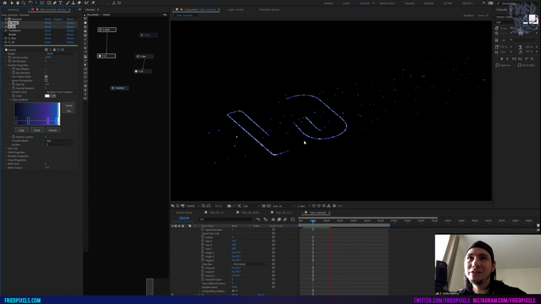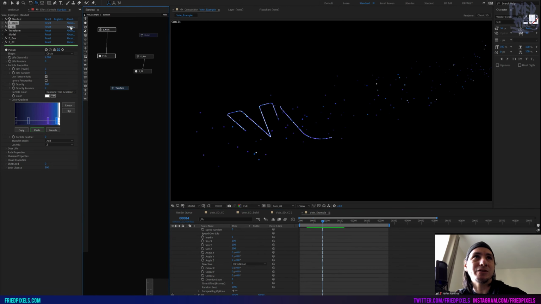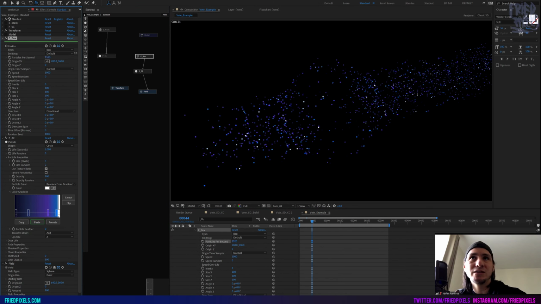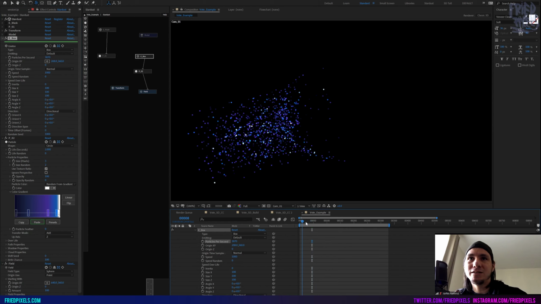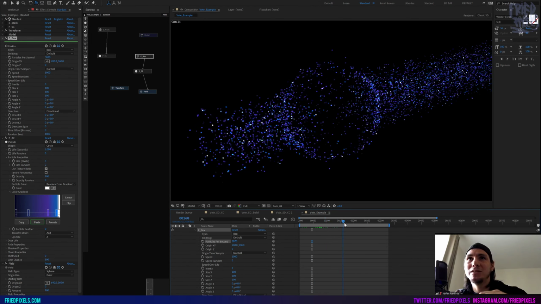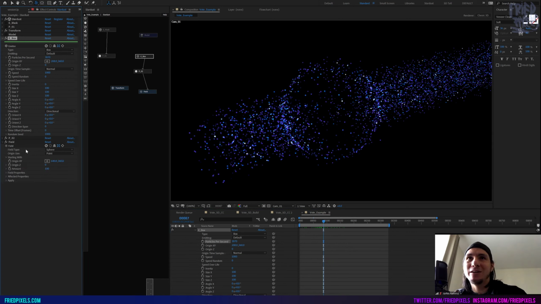So now to create that collision with the text that we made, what we're going to use is a field. I'm going to turn this off again. If we drag in a field and then attach it to our particle, so it's affecting only this system and not the other one, immediately you can see that something is happening in the center. And if I turn up our particles, you can see that now there is this sphere that is displacing all of the particles. So this is what we want to happen, but we actually want it with that text.